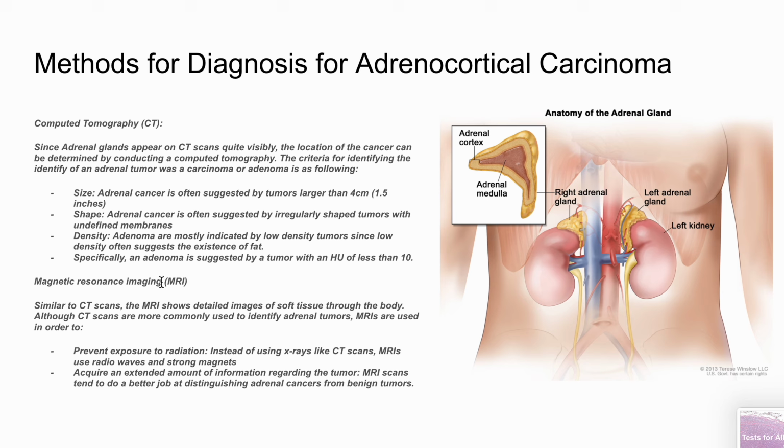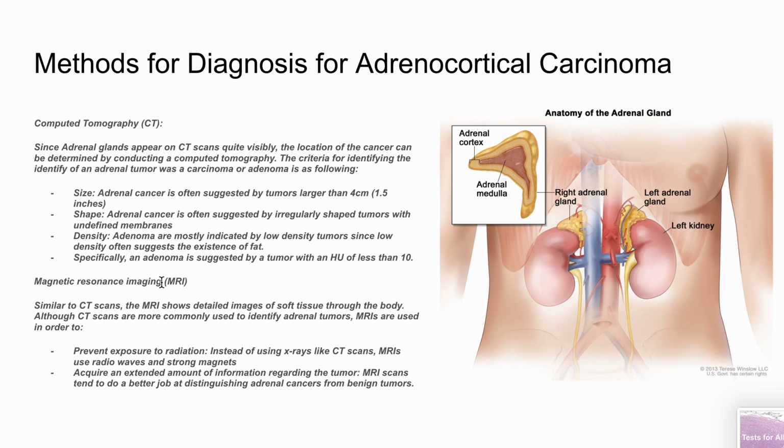Now, another method of diagnosis for adrenocortical carcinoma would be magnetic resonance imaging, which is the MRI. Now, similar to CT scans, the MRI shows detailed images of soft tissues throughout the body. Although CT scans are more commonly used to identify adrenal tumors,